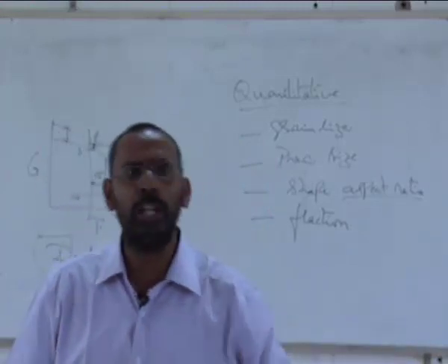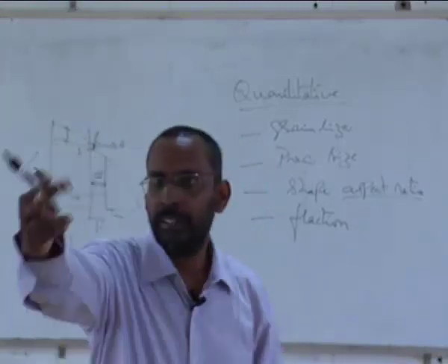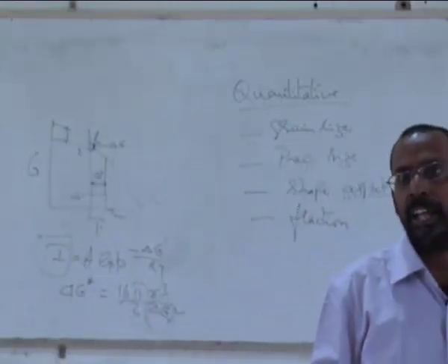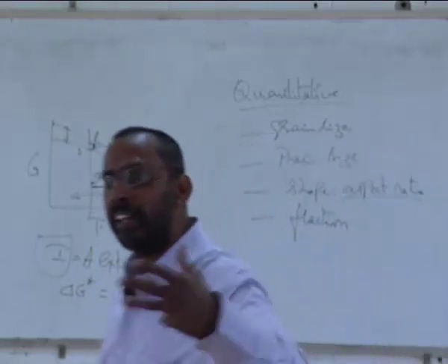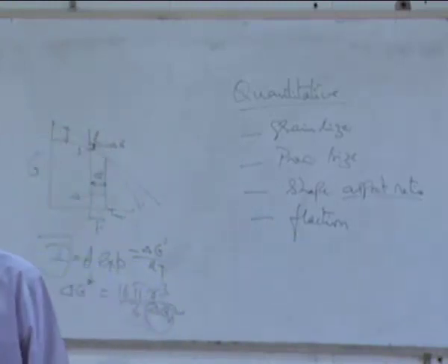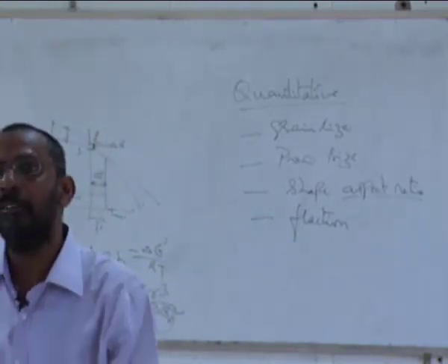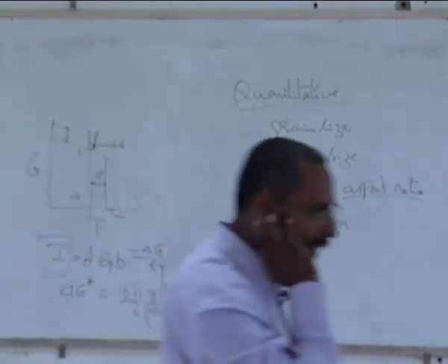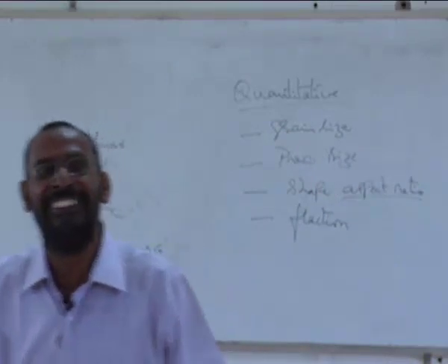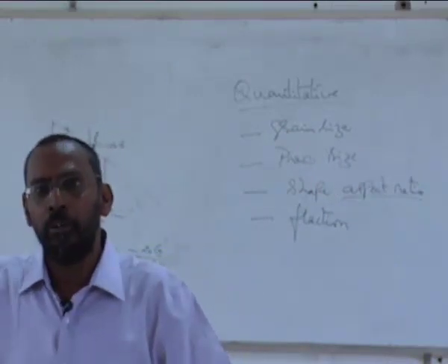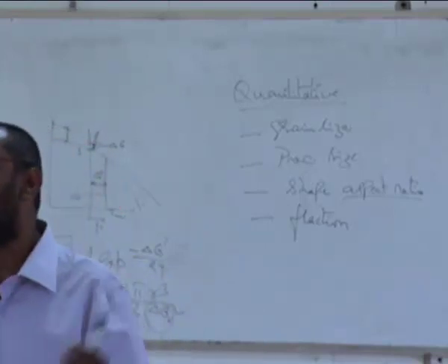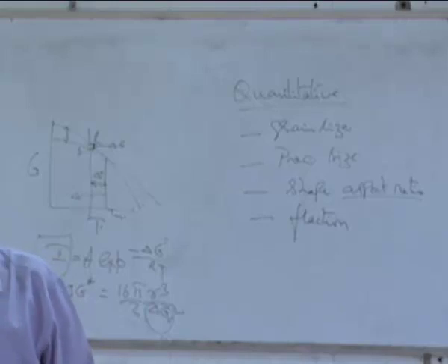Whether some particle which you are adding as a heterogeneous nucleating site is a good nucleating site or not, depends on what? Yes, depends on what? Which particle? I add two particles. Which one can act as a better nucleating site than the other? Depends on what? Yeah, that's true. But my question is, what decides whether it is faster or not? Yeah, but you are not going deeper. This is what I call surface engineering. So you are still on the surface. My question is, why do two particles, particle A and particle B, added to the same liquid, particle A acts as a better nucleating site than particle B? What decides that? Position?